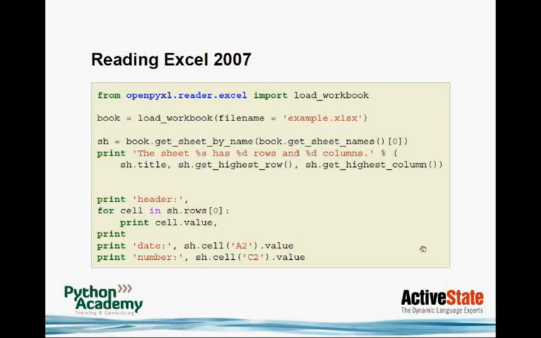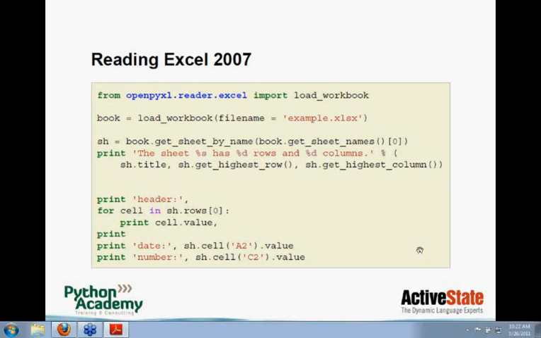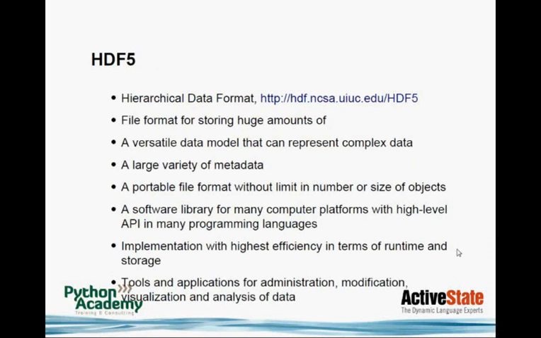So that's the basics of how to use OpenPyXL to read Excel 2007. So next please.